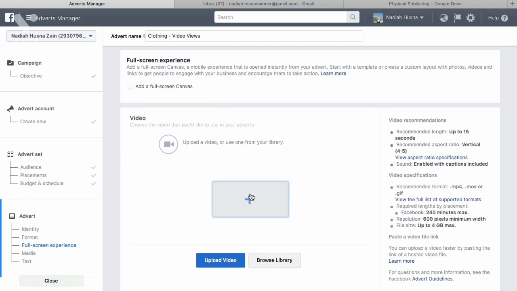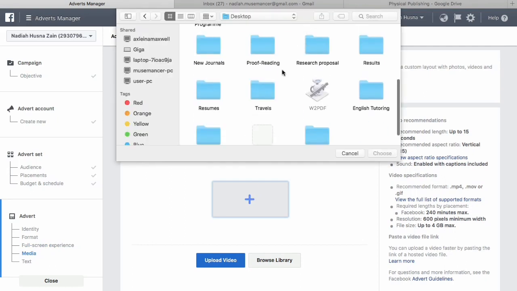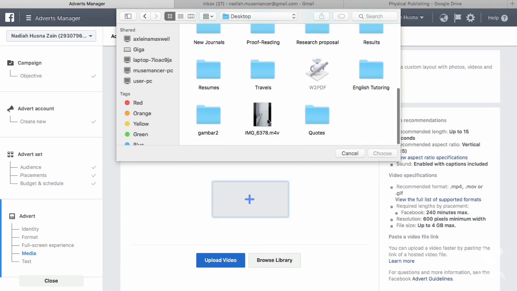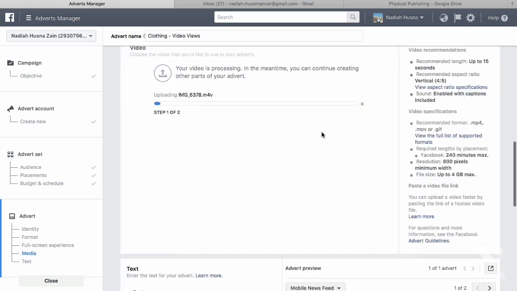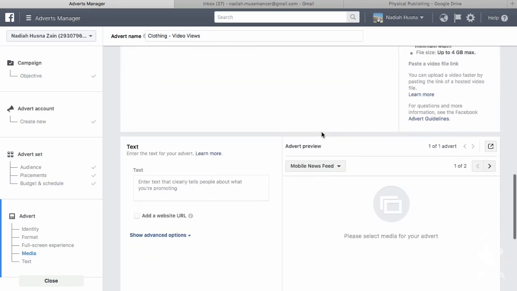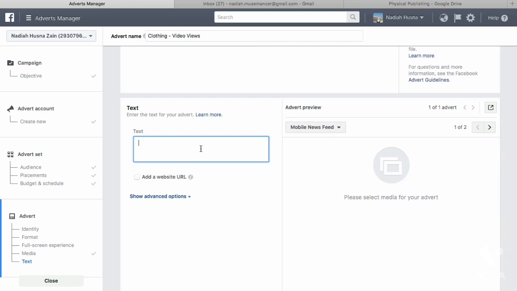Upload your video. The recommended length of your video is up to 15 seconds. The aspect ratio should be set to vertical 4:5 and enabled with captions. You can then proceed to fill in the text of your advert.